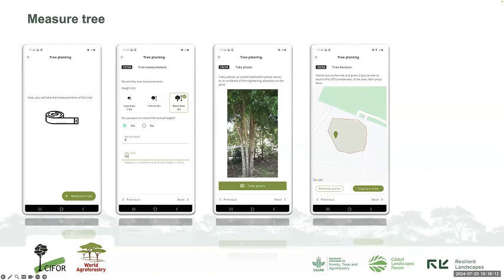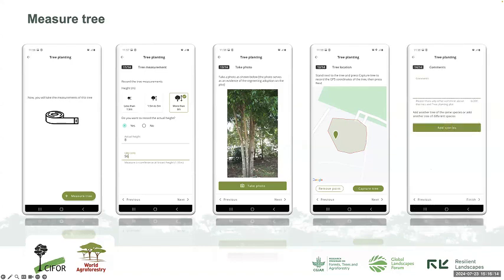Finally, if you press next, the system will ask you a question: do you have any comments for this specific tree? If you have any comments, you can provide them. From here onward, you can either add another tree species, or the same species but another tree, or you can